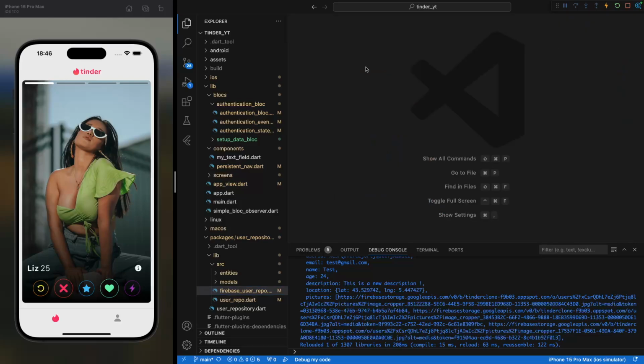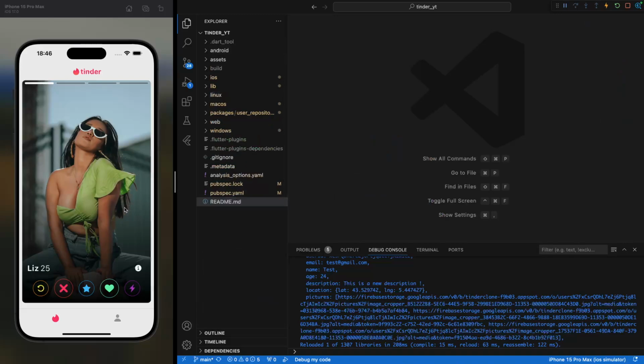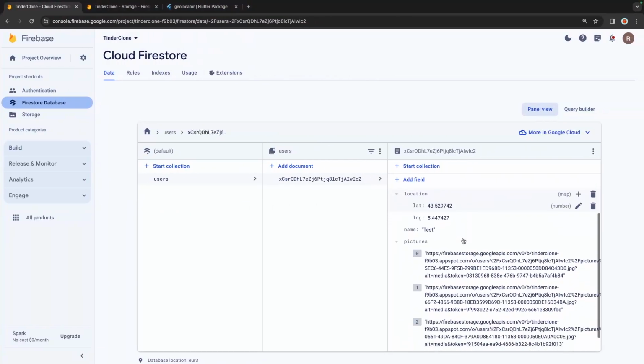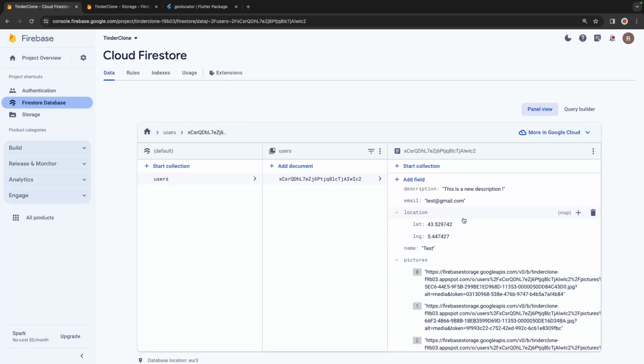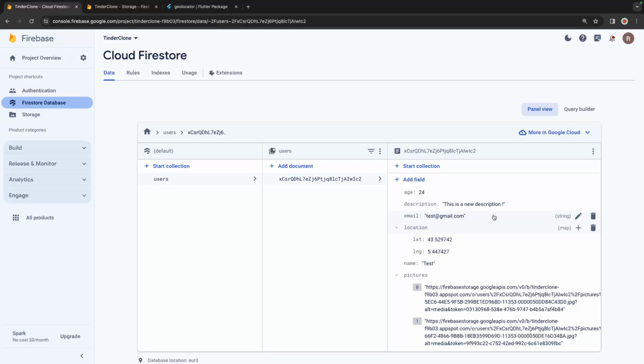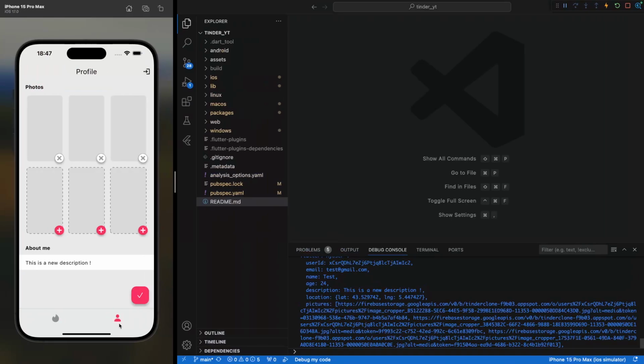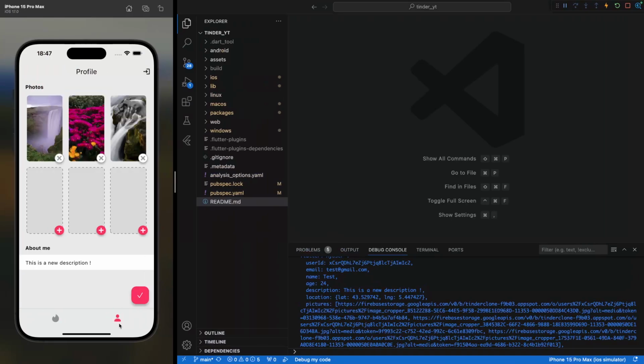So after an hour 48 minutes of video, we've managed to actually create all of those things. So we have in our database now the pictures that the user has, the location of the users with the latitude and the longitude that we store. We have as well the description and the age that is right there as well. And everything is dynamic. So if we go here, we see that we can see those stuff right there. So we are actually going to stop this second part now because it's already a pretty long video. And we're going to come back for a third part